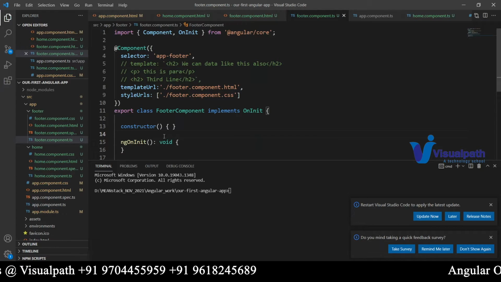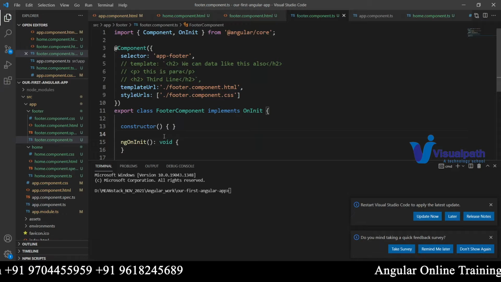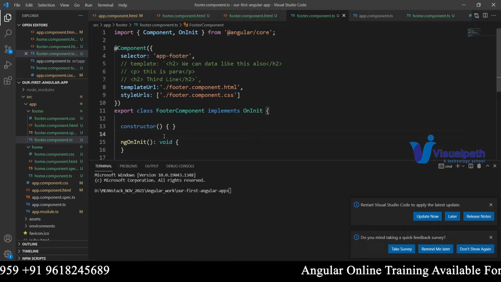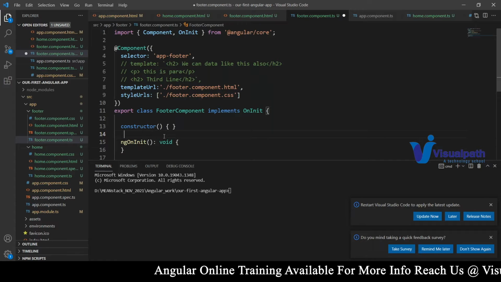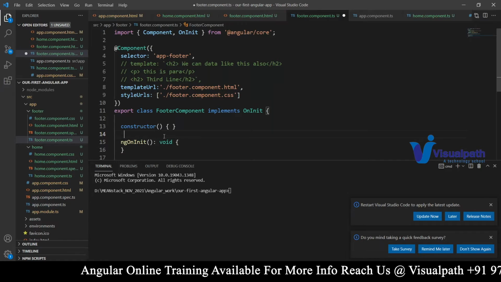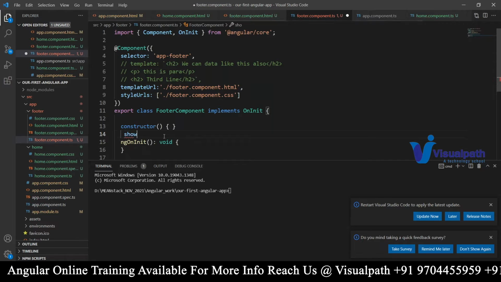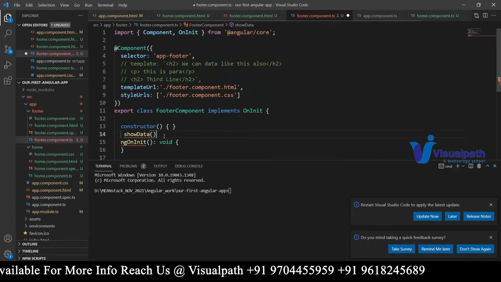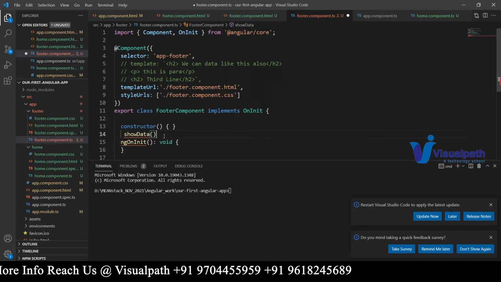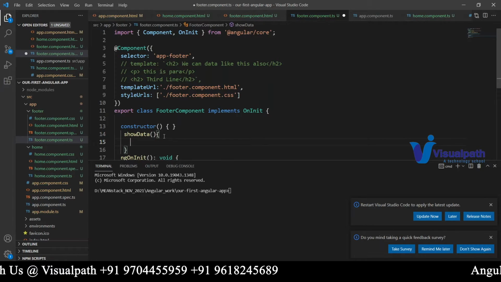And now here you can get some data or whatever you want. Or here I will try to create some method, just like that. That method name is something like a show data method. Some method here I'm just creating now. So in that method,